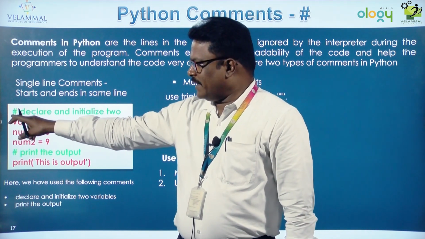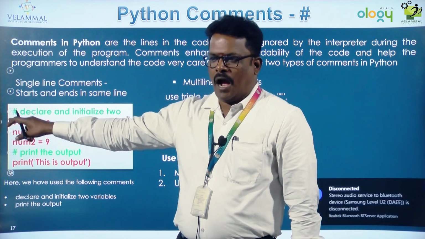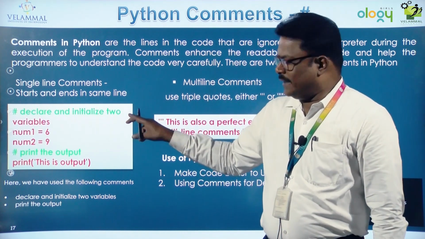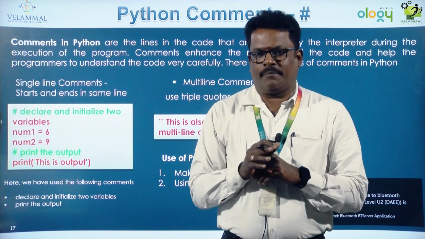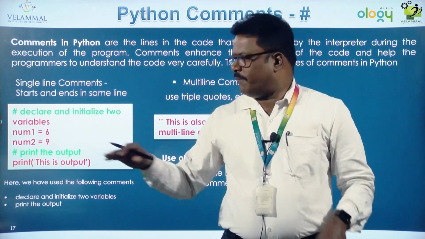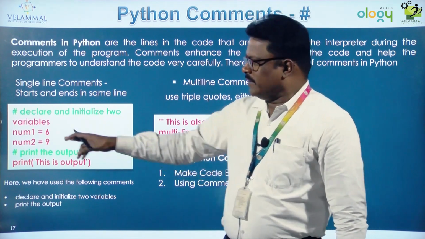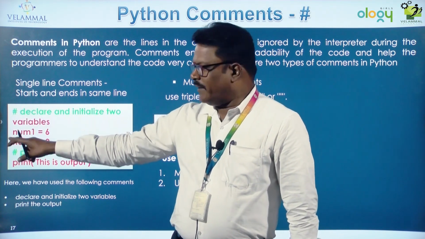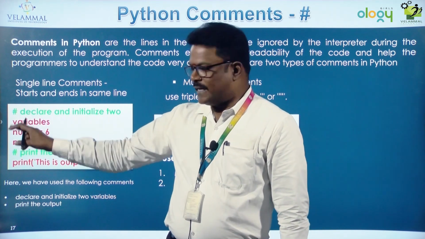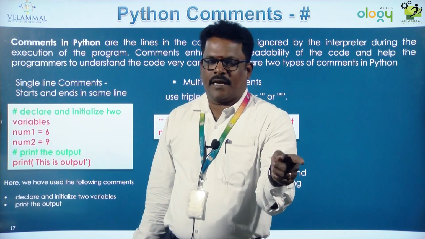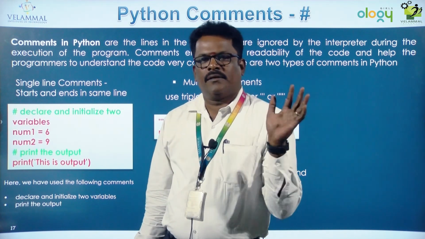From here, whenever the interpreter sees this symbol, that line will automatically be skipped by the interpreter. If I want to skip 4 lines, you can give the hash symbol at the beginning of all 4 lines. Starting with the hash symbol, you type everything. Like that you can